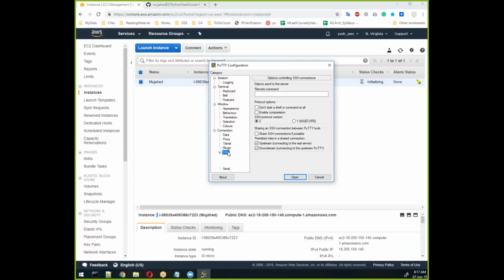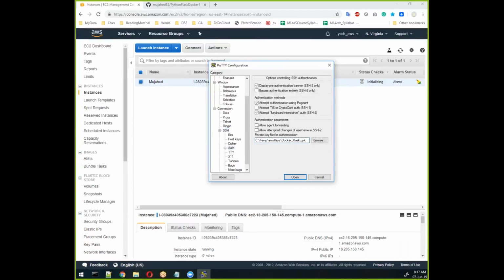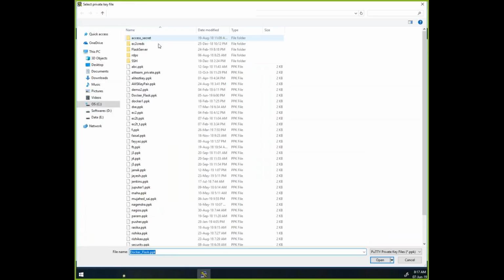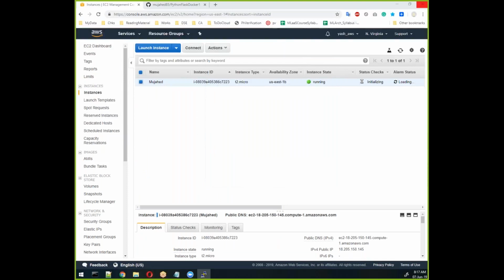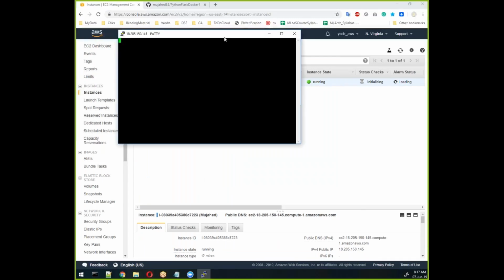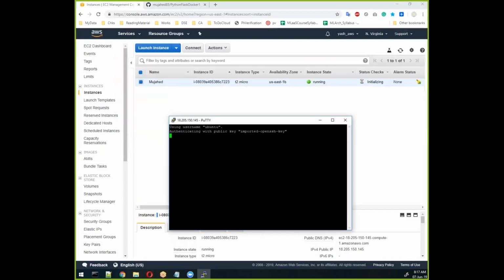So the key I stored in my location, like temp AWS, and here we have the mujahid.ppk file. So definitely we require PEM to ppk conversion. We need to do it, and then I'll open this key. While opening, the first time it will ask me for a fingerprint. I'll say yes, I want to accept. Now here I can execute all my Docker commands,